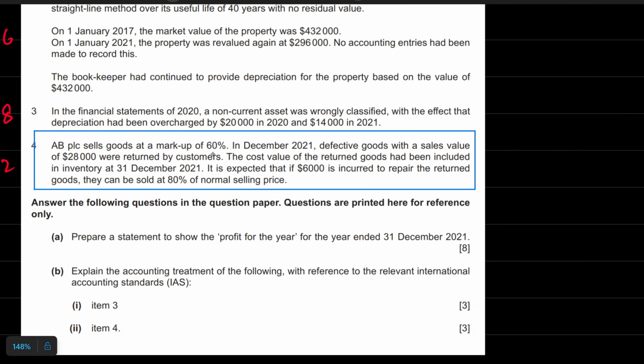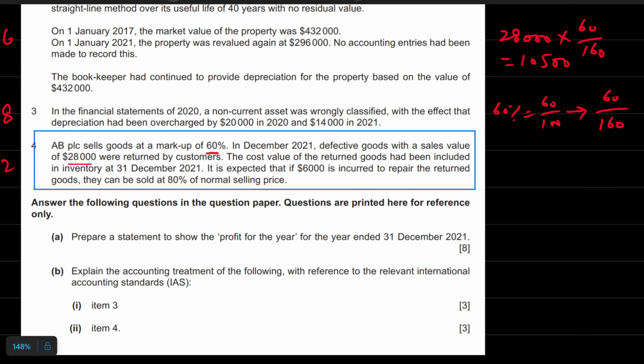In this question, students, same markup is 60%. Defective goods with a sale price of 28,000. Now, first of all, try to calculate its cost. So the sales price is 28,000 and markup is 60%. We can't apply markup on this value. So first of all, we will convert markup into margin. 60% means 60 over 100, and if we convert it into margin, this will become 60 over 160. So if we multiply 28,000 by 60 over 160, this will be